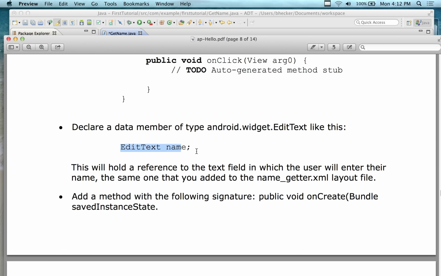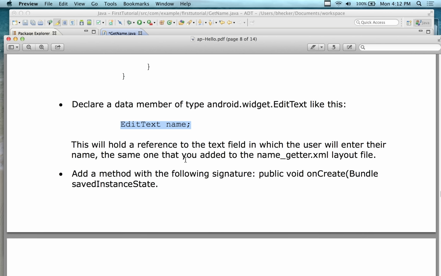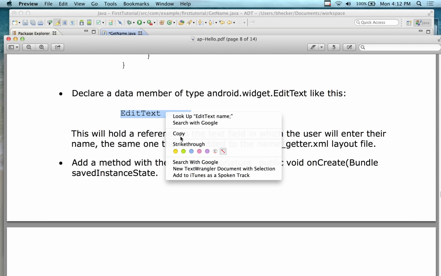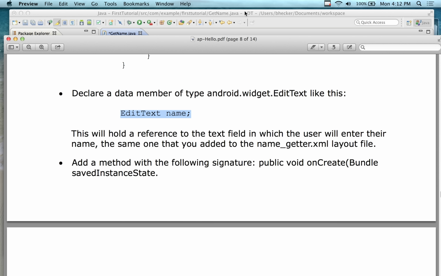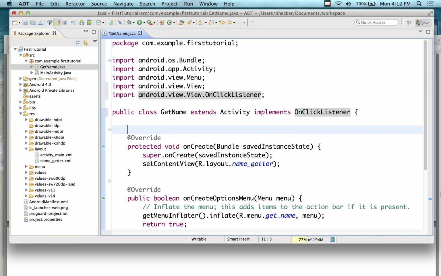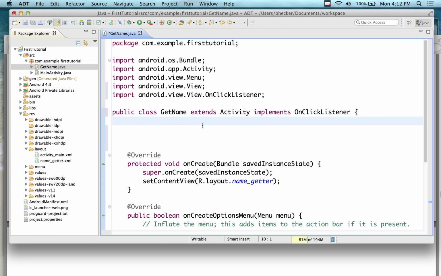And we're going to declare this data member as an EditText. We're going to call it name. One of the interesting things is that we put it inside of the opening and closing class bracket. So if I come back up here and I'm going to put a data member in here, I'm going to put it right here. If we were inside of